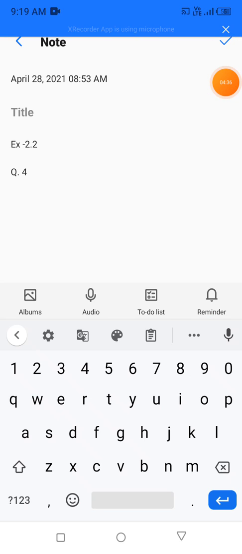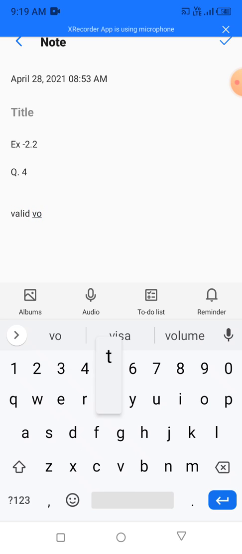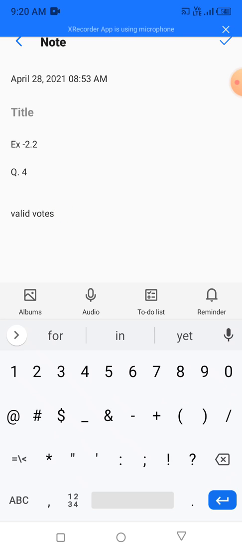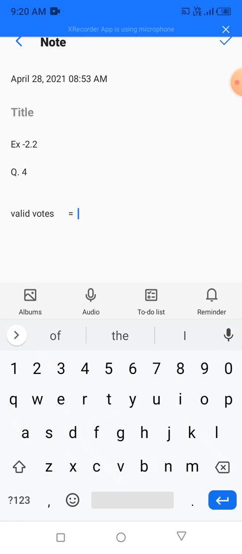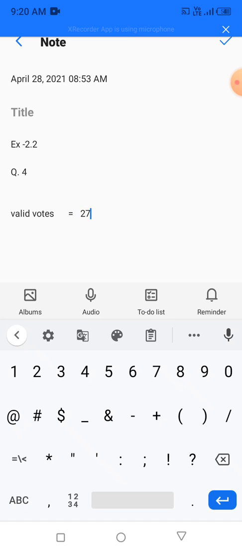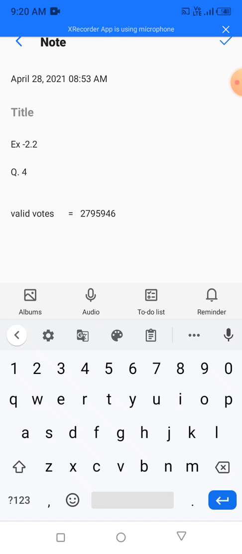Okay, children? So, now children, what will you do? Now you will start solving the question. So, how many votes were found valid? So, what will you write? Just leave one line. Then you will write valid votes. Now, what were the valid votes? Valid votes were 2795946. Okay, so these were the valid votes. Then children, what it was? Invalid votes. Okay, so invalid votes,